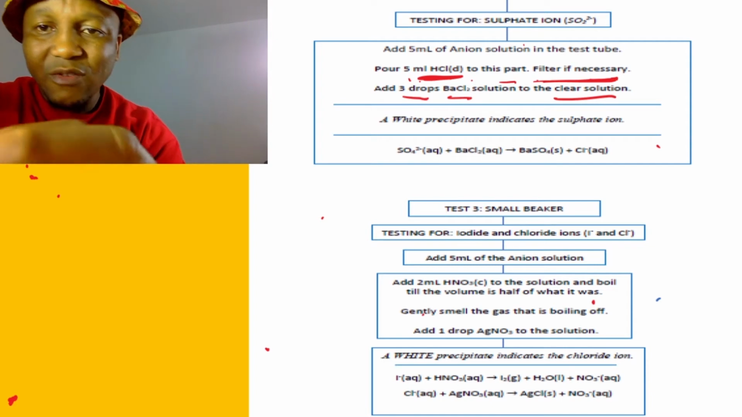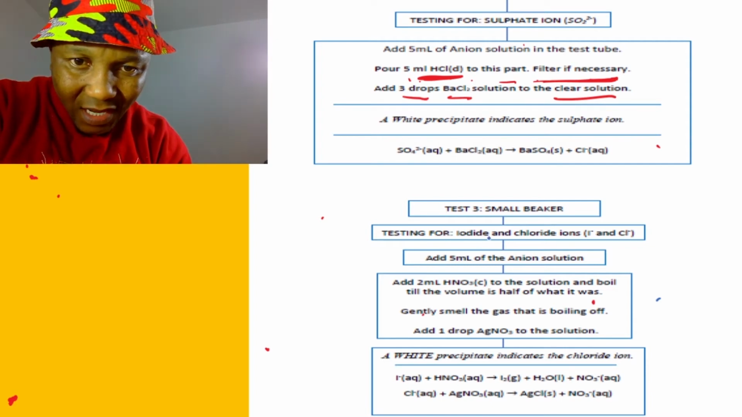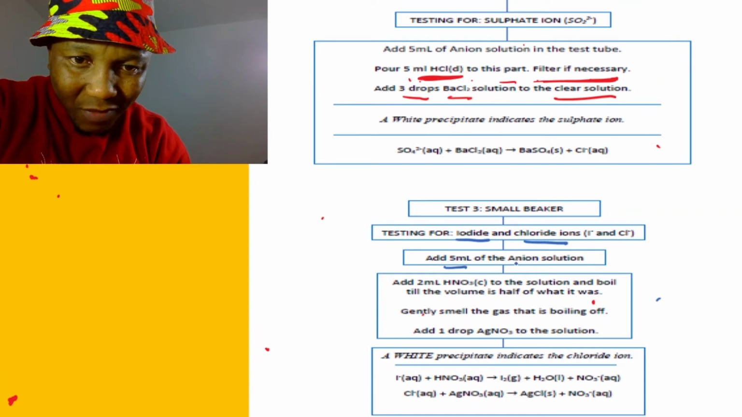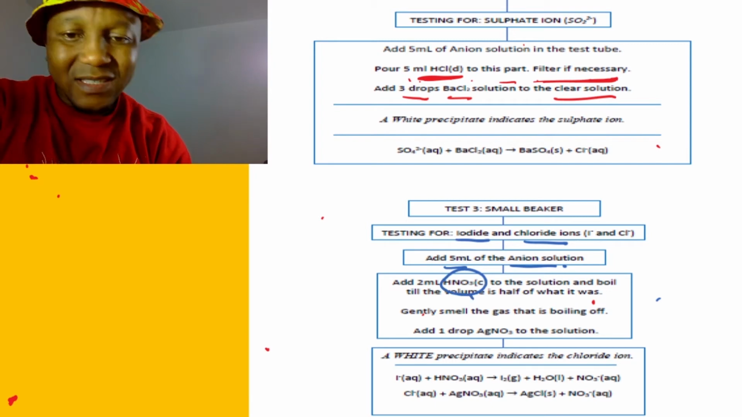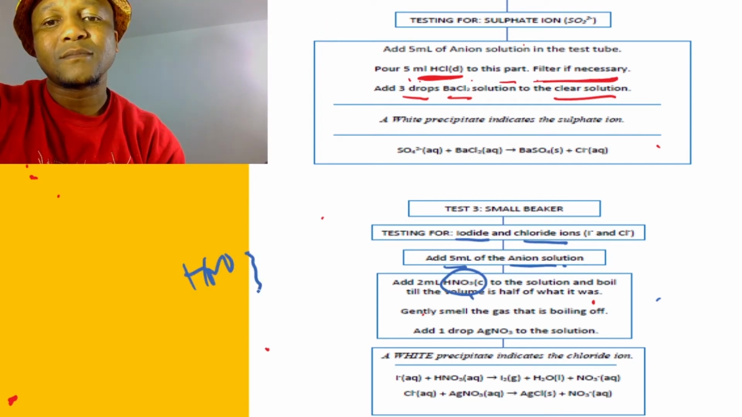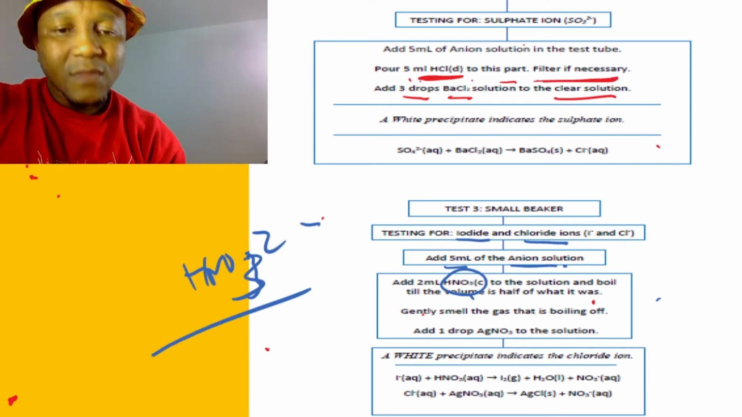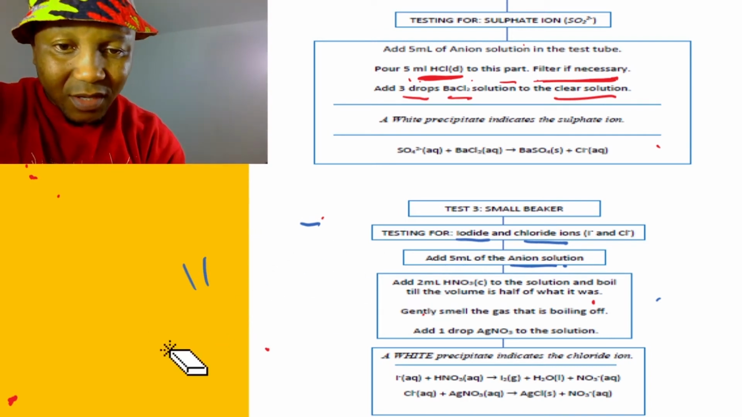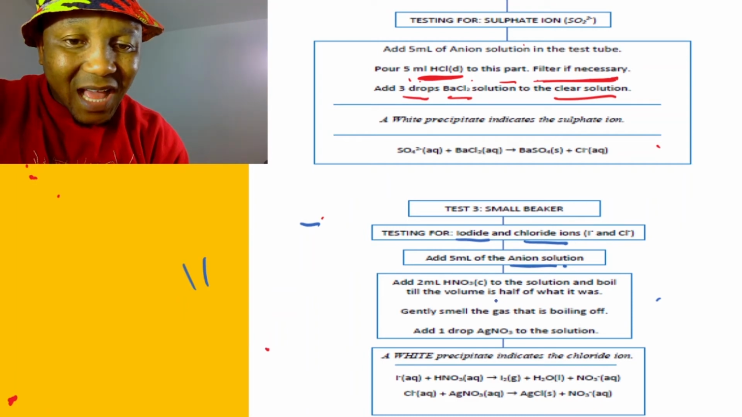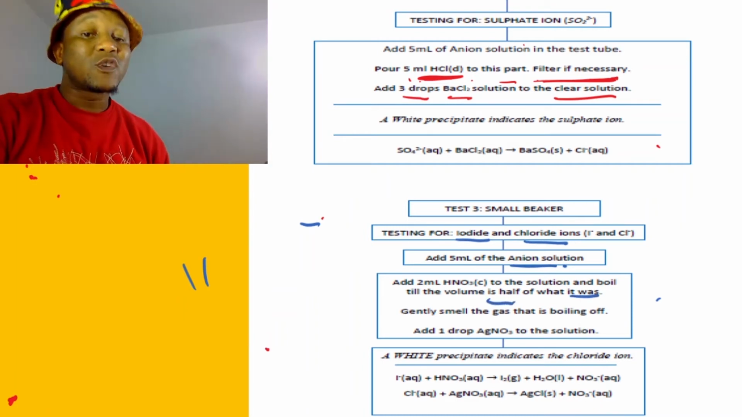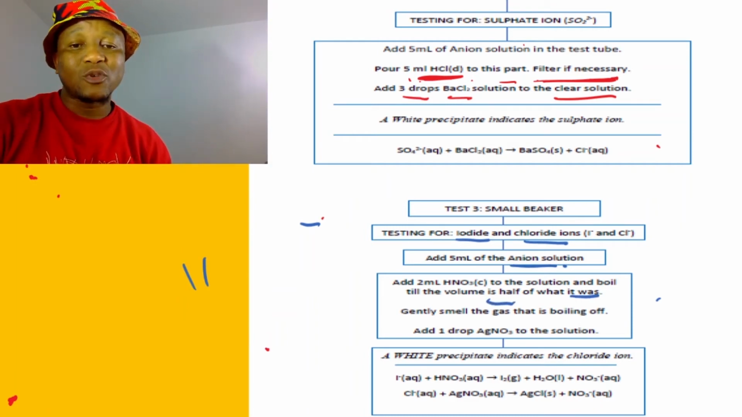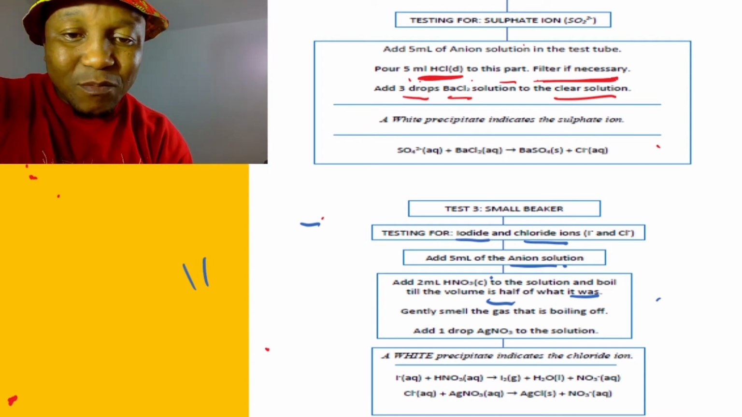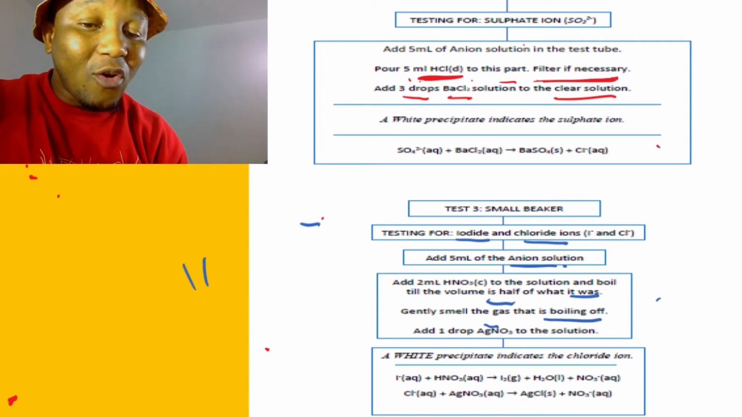Okay. Now let's go to test 3. So test 3 also you can read. It's just simple steps here. Testing for iodide or chloride ion. So what you do, add 5 milliliters of anion solution, and then add nitric acid. Add your nitric acid to the solution. Boil it. We're gonna have to boil, yes, until it's half what it was. So boil until it's half of how it was,